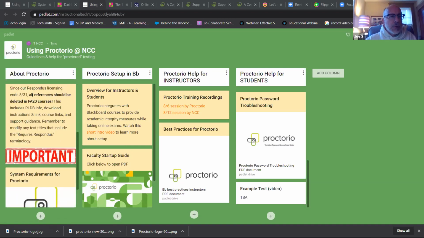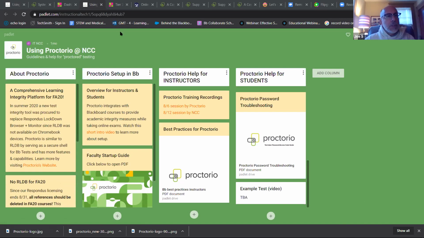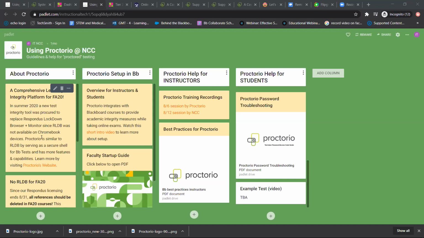All right, so a little bit about Proctorio over here on the left-hand side. These little columns, they roll up and down. You can read some of this. I don't want to go through this verbatim because I want to get into actual nuts and bolts, but this was meant to be a replacement predominantly to the Respondus tool that we were using for many years. We recently started using the added tool called Monitor on top of Respondus Lockdown Browser, which allowed the webcam basic watching the students, having it recorded. And then if you needed to, you could play back that recording with Respondus.